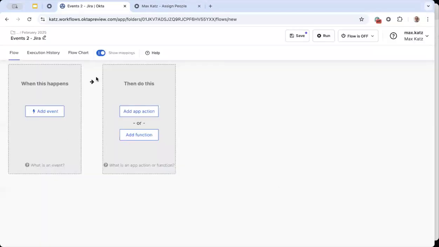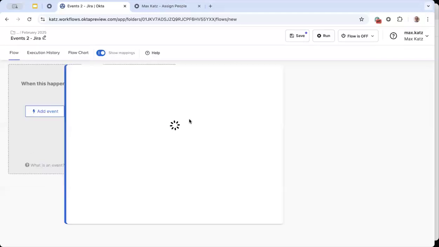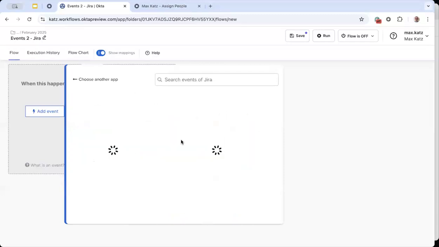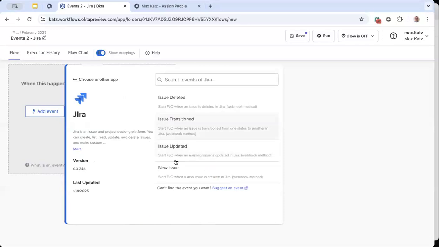All right. So same thing. I click add event, and of course now instead of selecting Okta, I'm going to select Jira. Right? And then you can see these are the events that Jira supports. And I want, for example, a new issue, right? So when the new Jira issue is created, I want to trigger this flow,